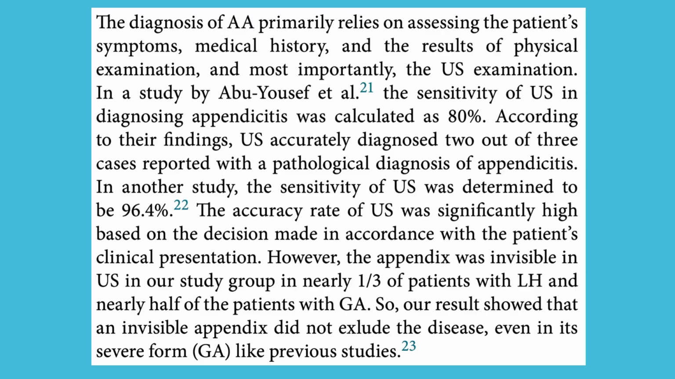According to their findings, US accurately diagnosed 2 out of 3 cases reported with a pathological diagnosis of appendicitis. In another study, the sensitivity of US was determined to be 96.4%. The accuracy rate of US was significantly high based on the decision made in accordance with the patient's clinical presentation. However, the appendix was invisible in US in our study group in nearly 1/3 of patients with LH and nearly half of the patients with GA. So, our results showed that an invisible appendix did not exclude the disease, even in its severe form, GA, like